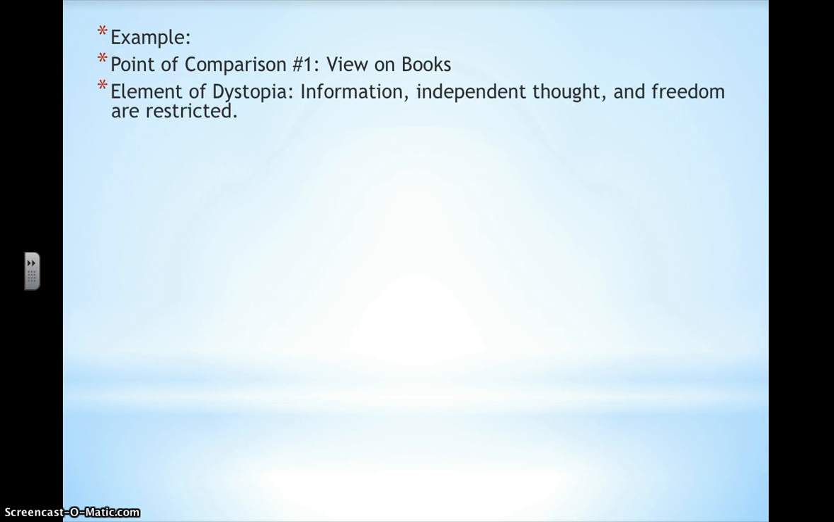Now, let's look at an example. A possible point of comparison would be the view of books in the novel and in our society. And I might be trying to connect that to the element of dystopia: information, independent thought, and freedom are restricted. So I found my quote on page 42 in the hard book